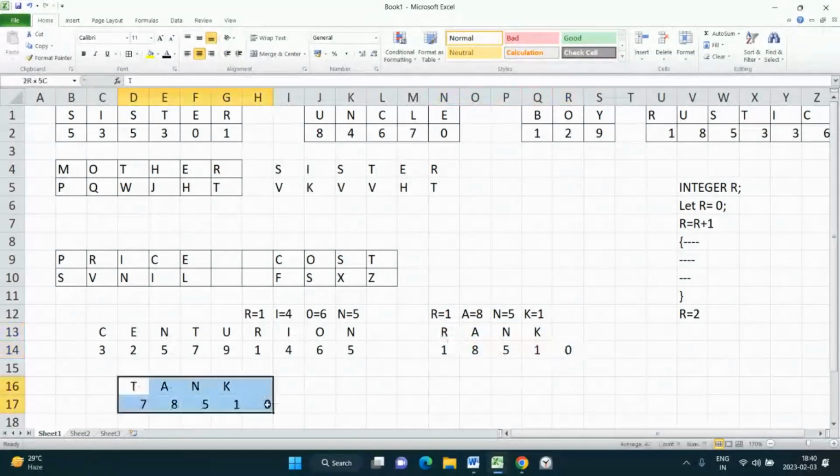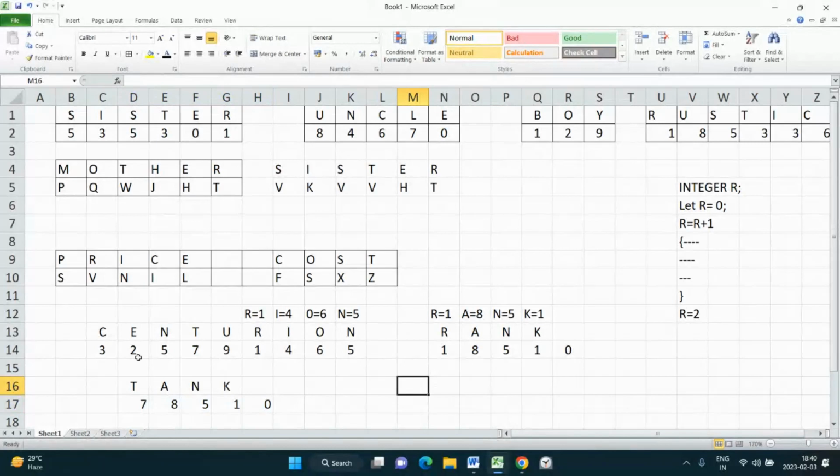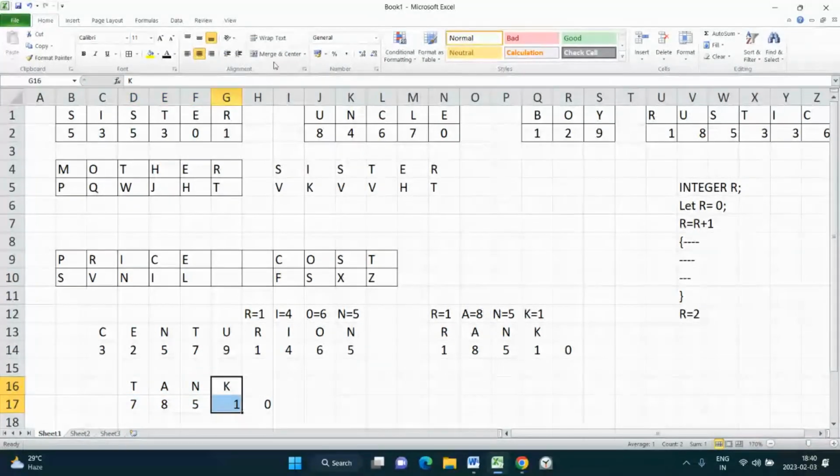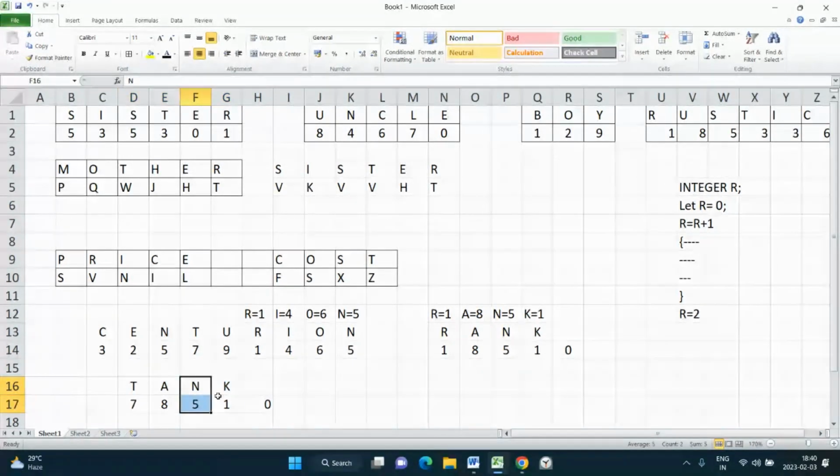And once again, they are asking you to find out what will be the equivalent of 78510. So I didn't have a problem till 785. I had a problem only when it came to this. So what happened was, when I took tank, TAN I have finished. Now I want to see